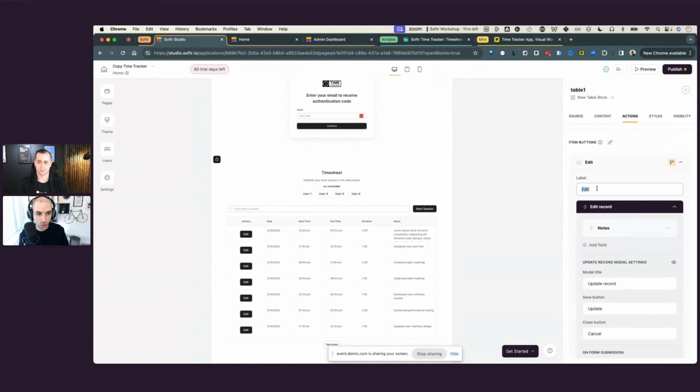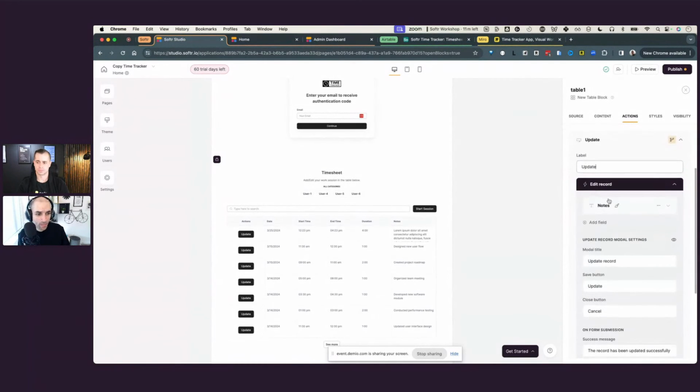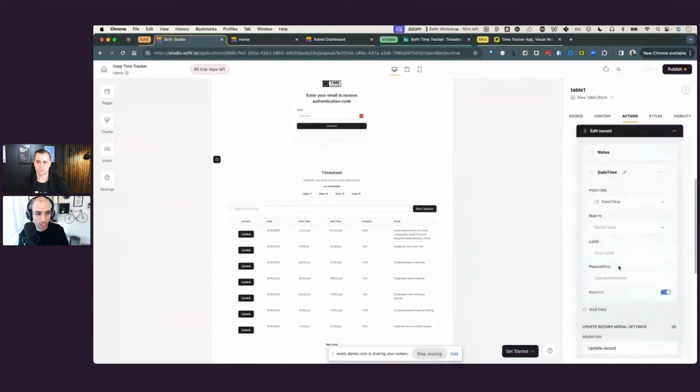We can rename it to end session, or to save time, we can just say end, or actually, let's just keep it update because you could be updating notes as well. And then in the fields, we again need to give them all the options. So we should be able to update the notes, no problem. It's already mapped. And then what we need is the end time as well. So that will be again a date time field. It's pretty much the same form again, but mapped to an update action. So this will be end date